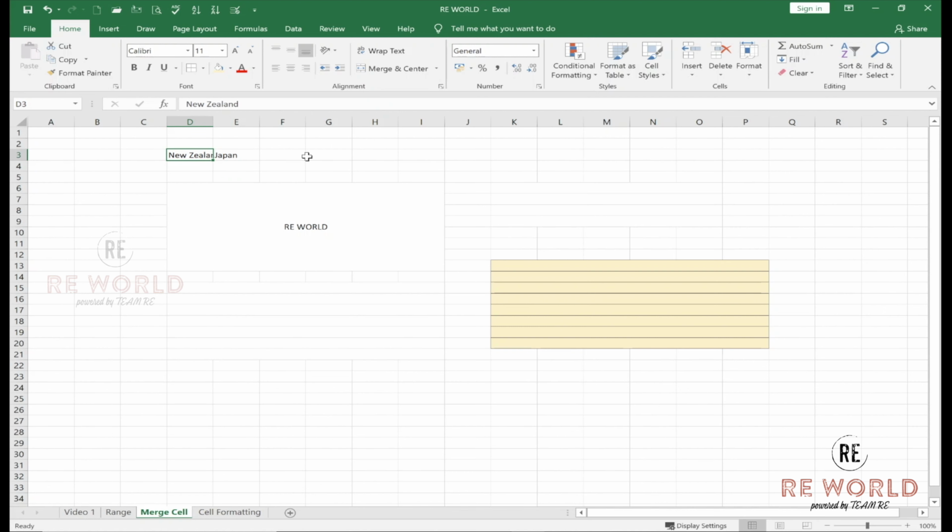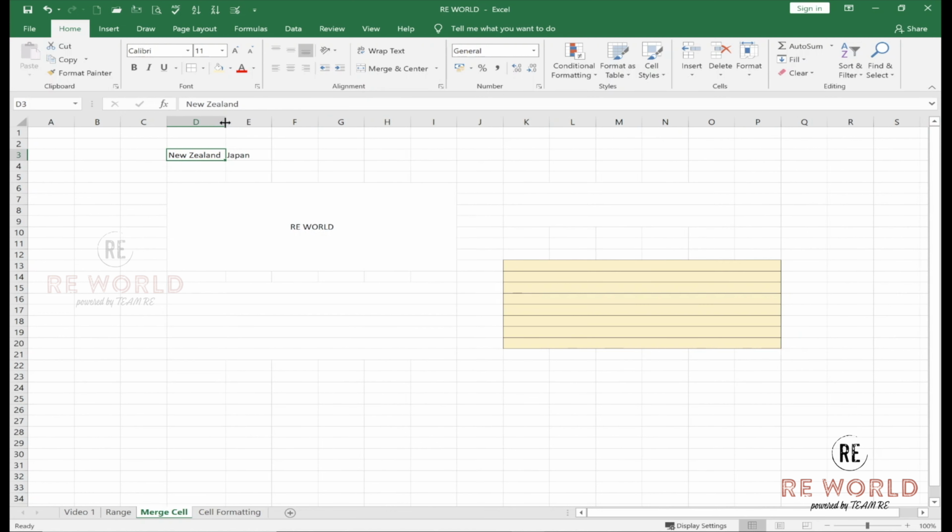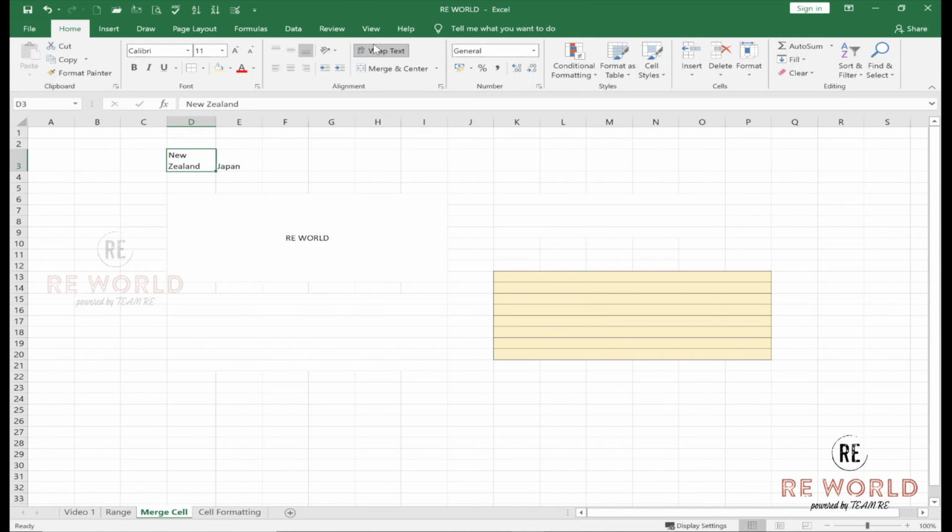So here we have two things. We can resize any column or any row based on our requirement. So I will resize the column here by clicking and dragging it to the right or to the left. There are other ways as well that I will surely explain in the coming videos. If I keep adding everything in one lecture or one video, it will keep confusing the audience. So here we have New Zealand. When we click wrap text, you see it actually wrapped the text within a cell, but it expanded the cell width and it became the same cell.